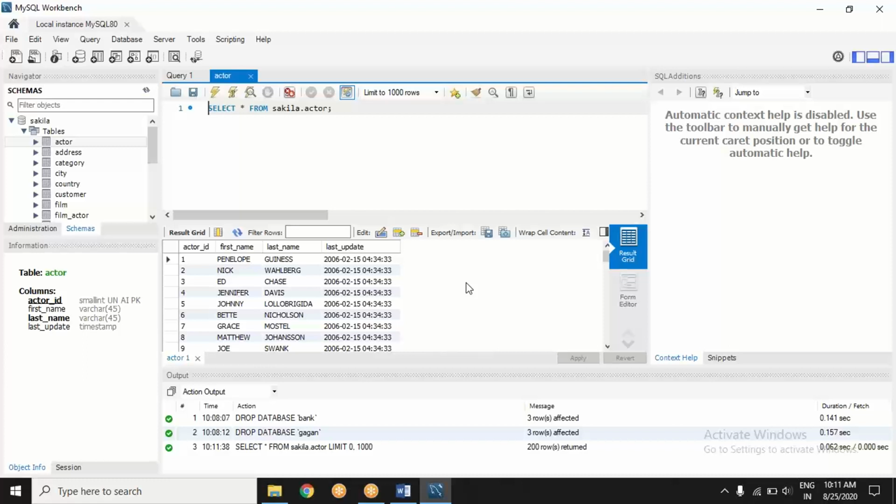And you see nothing in particular. So far, we were just getting familiar with MySQL Workbench.